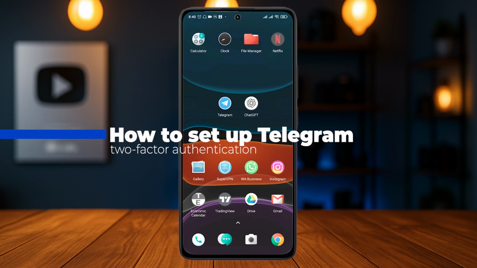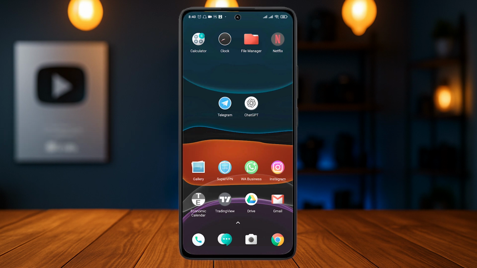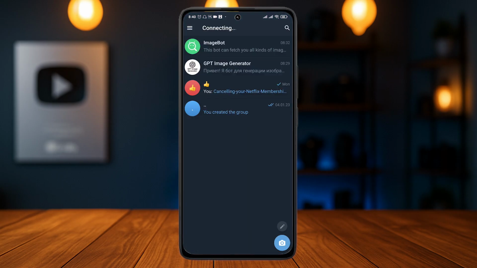In this video, let me show you the way that you set up the Telegram two-factor authentication. If you don't want unwanted access to your Telegram account and want to know whenever someone does, let me show you the way that you set the two-factor authentication. Now, whenever you try to set up a two-factor authentication on Telegram, it firstly asks you to create a unique